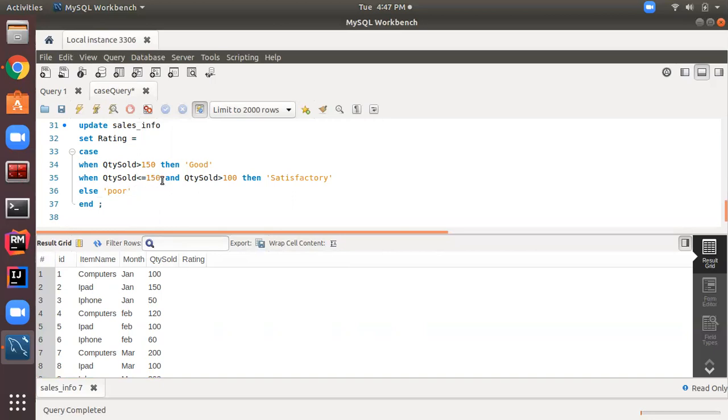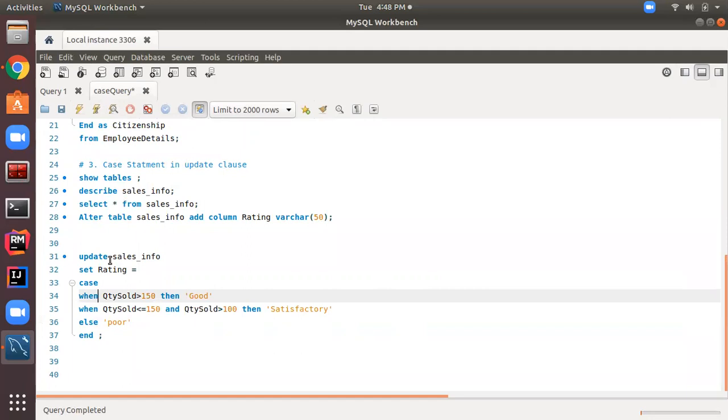When quantity sold is less than or equal to 150 and more than 100, meaning quantity sold lies between 100 and 150, then the rating should be satisfactory. Else, 100 or below, the rating will be poor. Okay, right? So let's execute this query and check whether the rating column is modified or not.